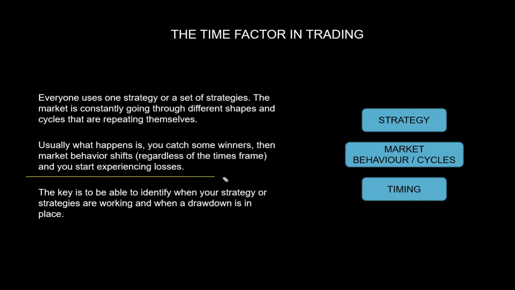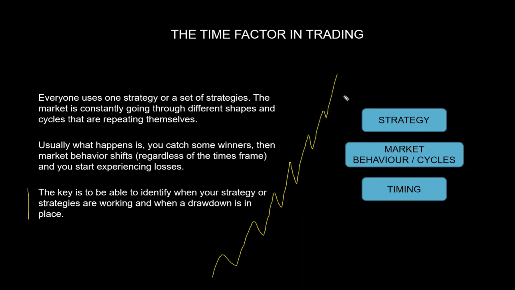So once that happens, you start losing money, right? And what's the key here? The key is to be able to identify when your strategy is working and when a drawdown is coming in place. So if you have a trending strategy which delivers money when the market is trending, you want to focus on big movers. Let's say this is the pound kiwi, the pound yen, the euro kiwi. All these pairs or commodities, gold, index, whatever it is, as long as it moves and it's trending, this asset is good for you. Most of the time you will be making money out of it, right?